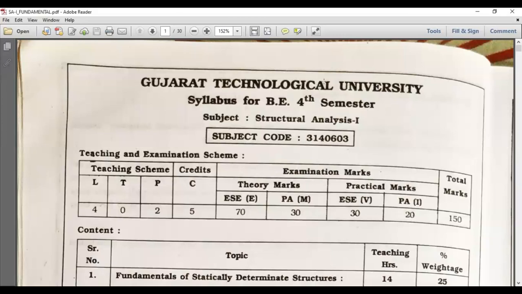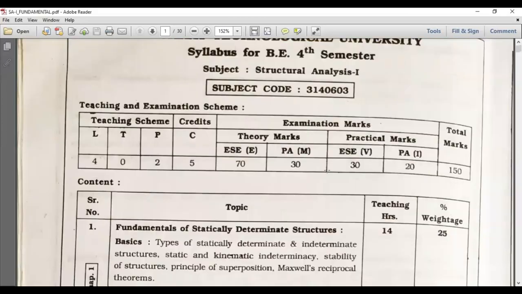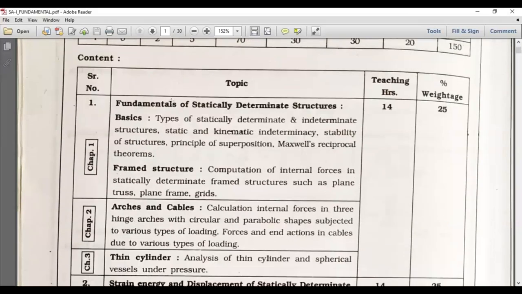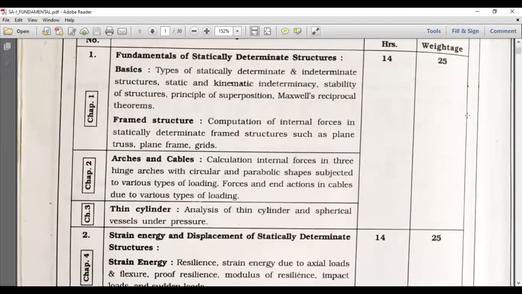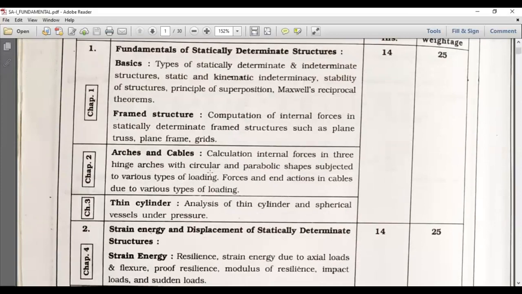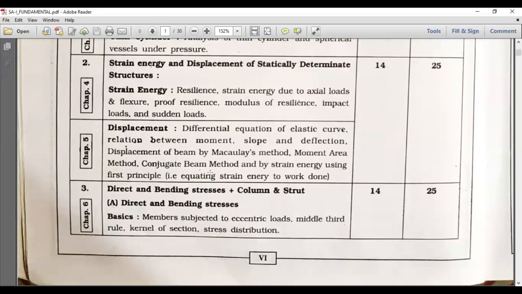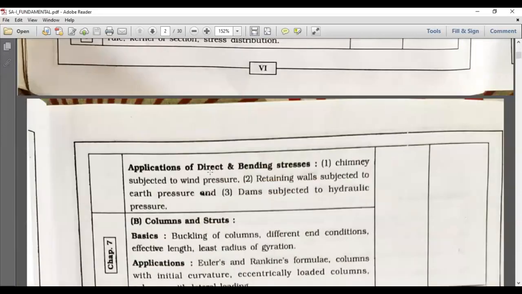structural analysis 1 is: fundamentals of statically determinate structure, weightage 25; arches and cable, thin cylinder, strain energy and displacement of statically determinate structure; direct and bending stress plus column and struts;